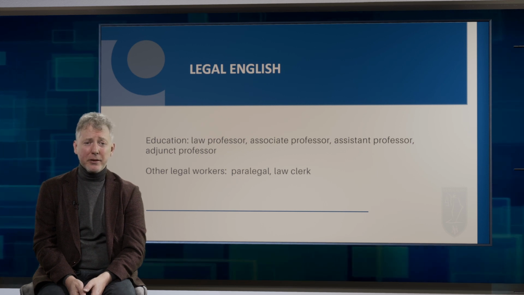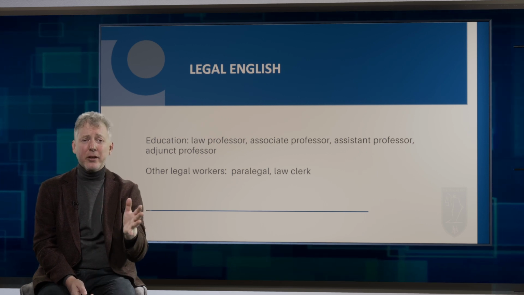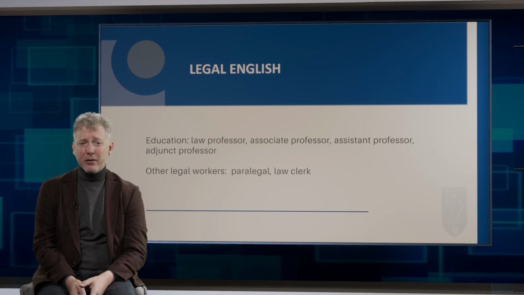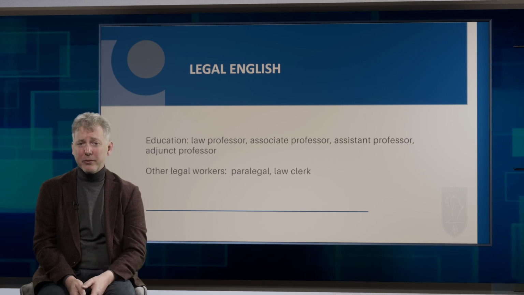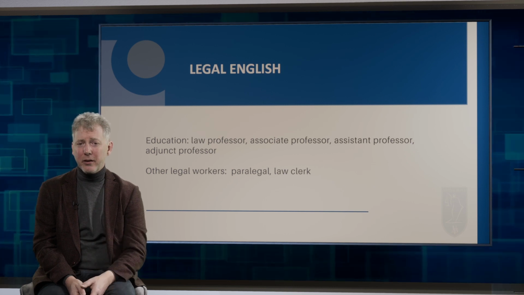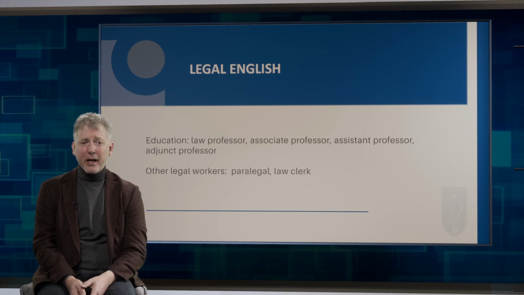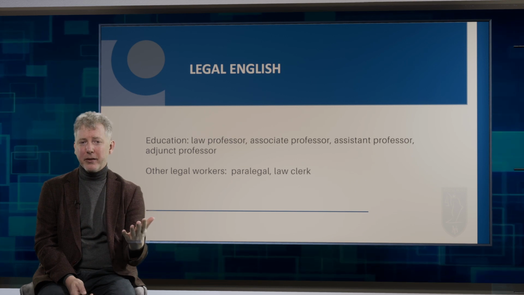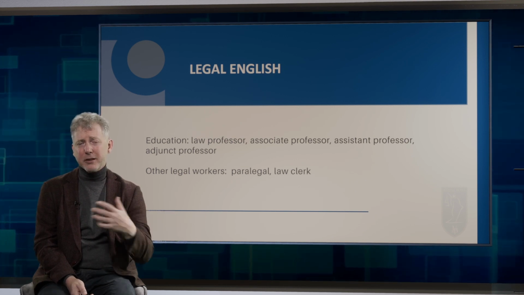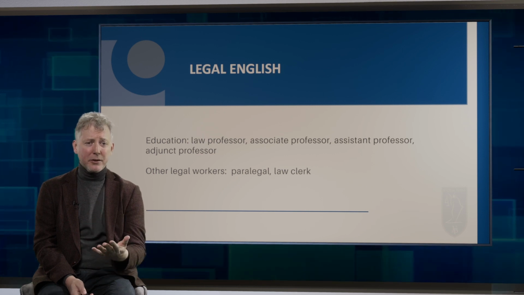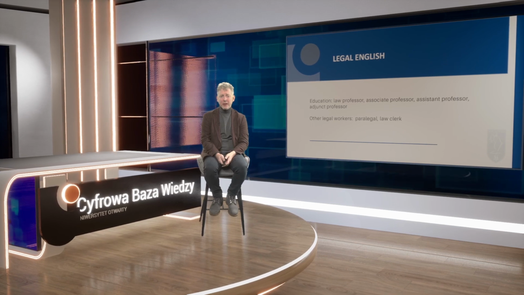An associate professor is someone mid-career as a professor at a law school, and an assistant professor is really a new professor, someone who's just joined the law faculty, and often they're younger. An adjunct professor is a part-time professor, essentially, and many law schools use these to get experienced or specialized lawyers in the legal community, and they may teach a course in their area of expertise.